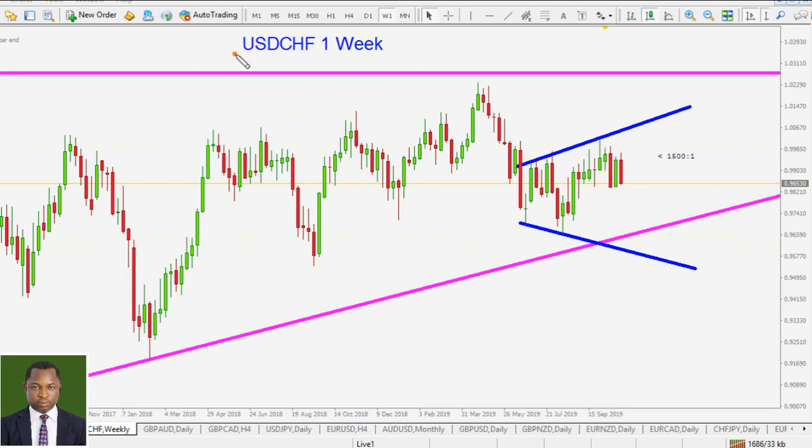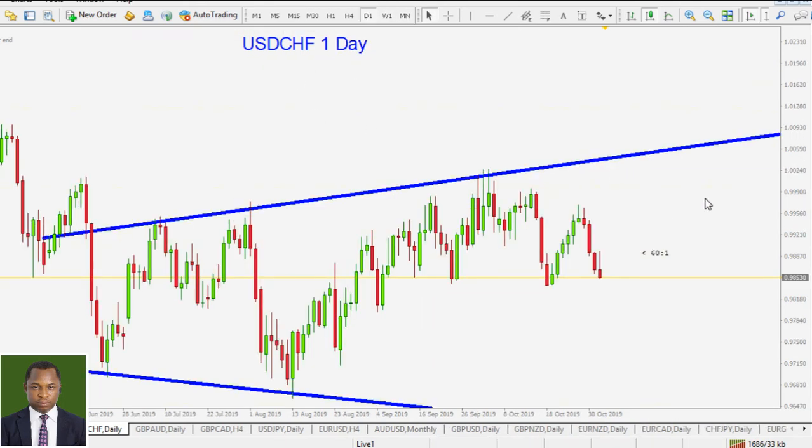So for the American dollar against the Swiss franc, the anticipation here is that price is going to push all the way to the next level of support, which is this one here. So if you are holding a short trade, be brave, hold that trade, we are likely going to have price come to that area in a few more days. Okay, so I am absolutely bearish, and with current price action, I wouldn't mind adding some more short entries with stop loss just above, hoping to see price come back down. Okay, so it is absolutely bearish, and look for short opportunities only.